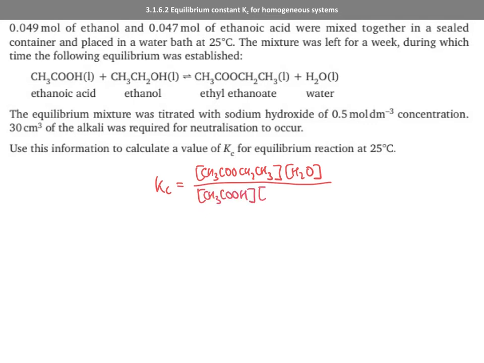So I'm writing the expression, sorry, it should still be concentration, because that's what they would expect, and that's what the mark scheme would say. However, when we come to do the calculation, we can simply put the moles in. So we know that the volumes cancel out, so we can simply put the moles from the previous slide. So that is going to equal